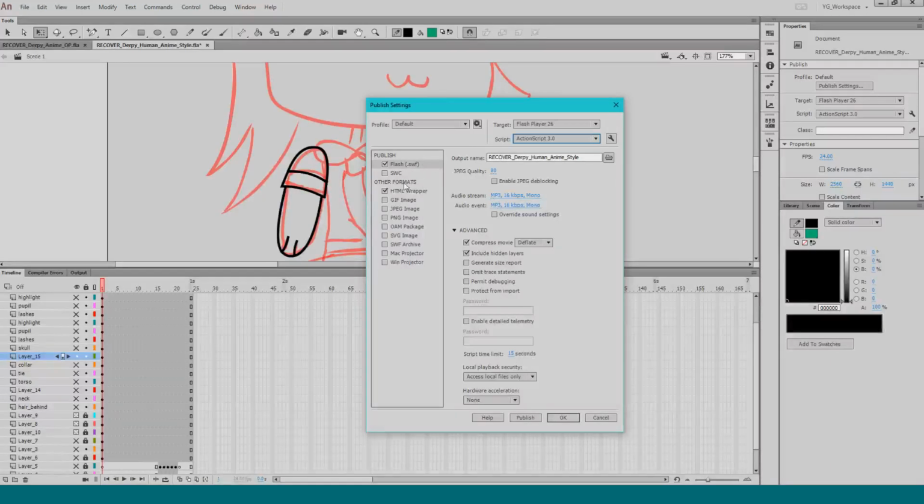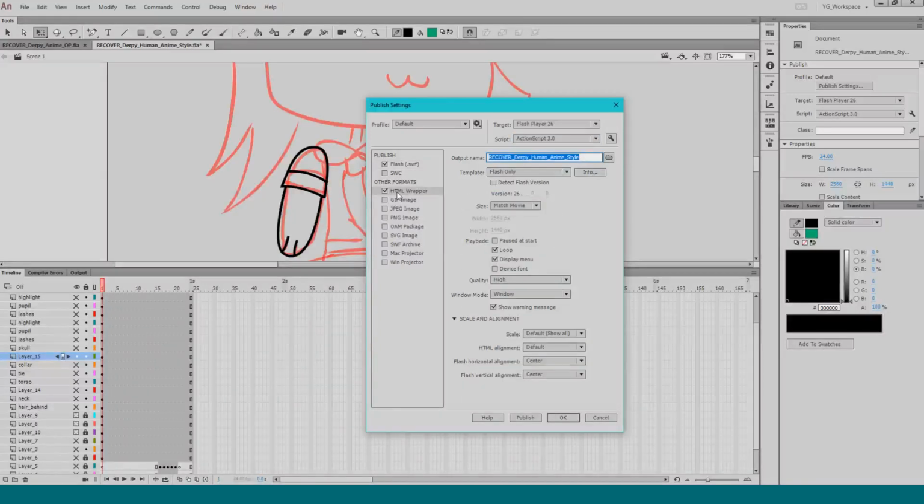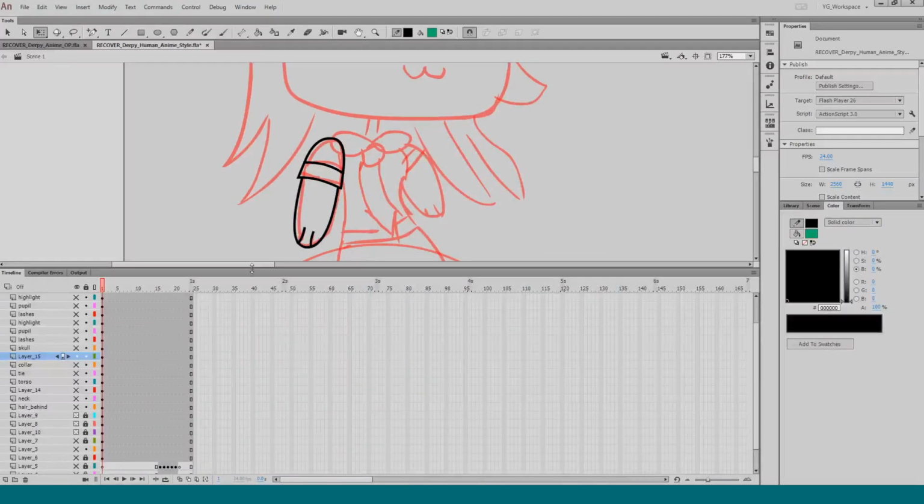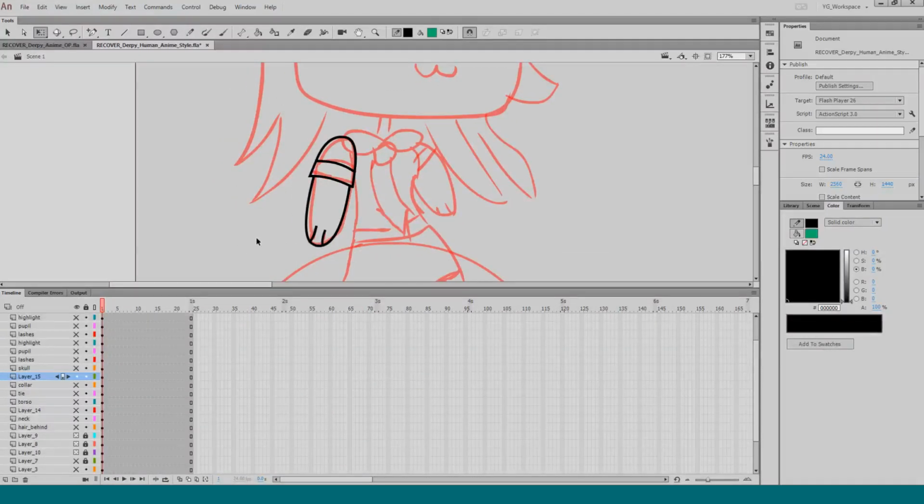This is my file name. So I could export this as a SWF, which is how the animation is compiled into a video file. And you can see how it also wants to default you into making an HTML wrapper, which is how websites are coded. And it's got all this fun stuff, but it's not the best now. Like, you'll probably be shunned if you try to make a Flash website now. Probably won't even work.